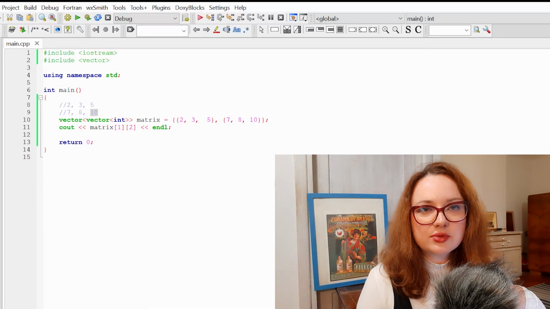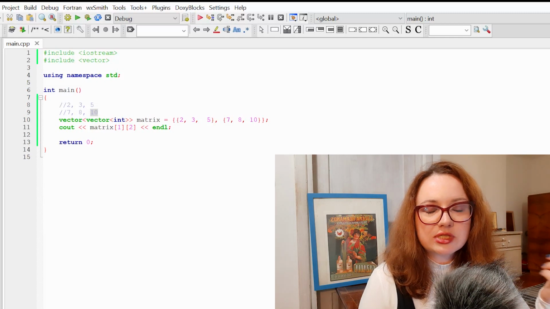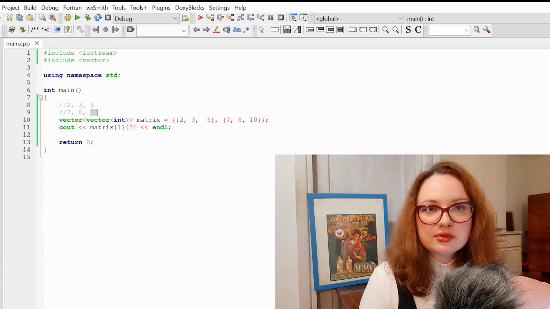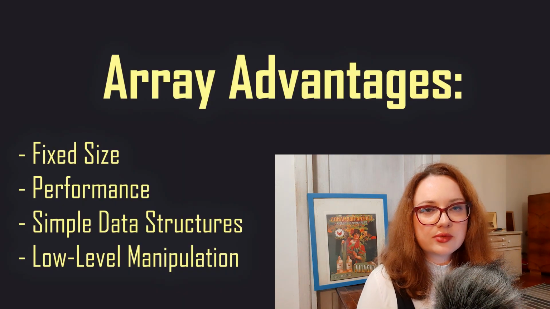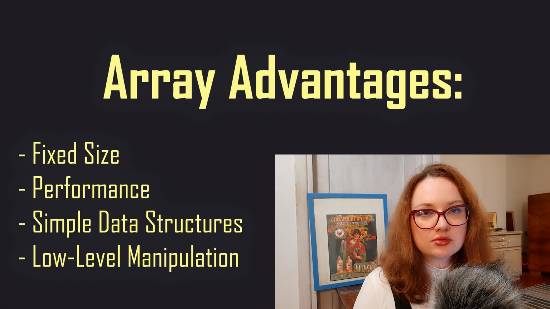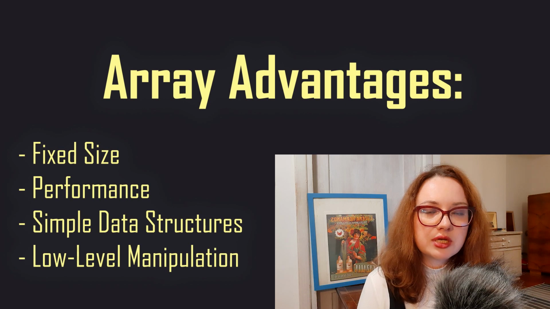Okay, so in this lesson we discussed such fundamental construction of C++ language as array, and we also discussed class vector. So what's the difference between arrays and vectors, and when it's better to use arrays and when it's better to use vectors? So it's better to use arrays when performance of your program is critical for you, because array is a low-level construction. You don't need to include any special classes to use array. Also, working with array gives you more flexibility in terms of working with the computer memory, because with arrays you can use pointers and addresses, and perform different low-level manipulation with computer memory.